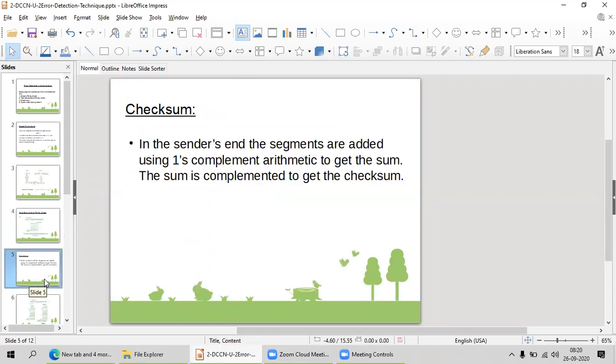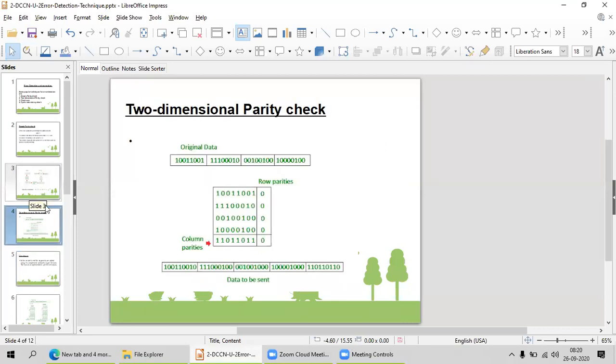Next, the third one is checksum. In this, the sender adds the segments using one's complement. Until now I have used modulo 2 operations for adding the bits. In parity, I check with parity bits, adding even parity or odd parity, using modulo 2 operation, and adding single or multiple bits.